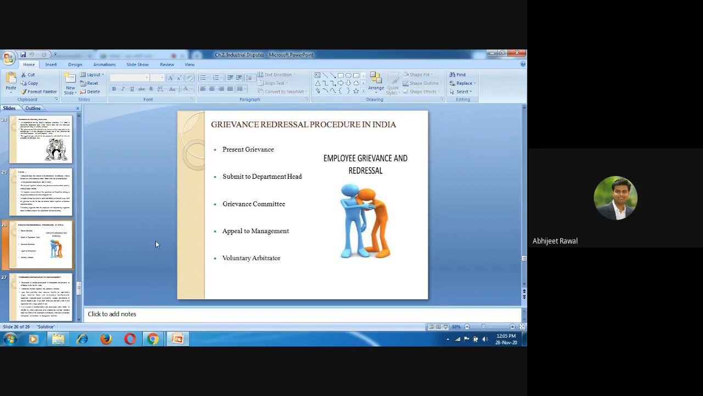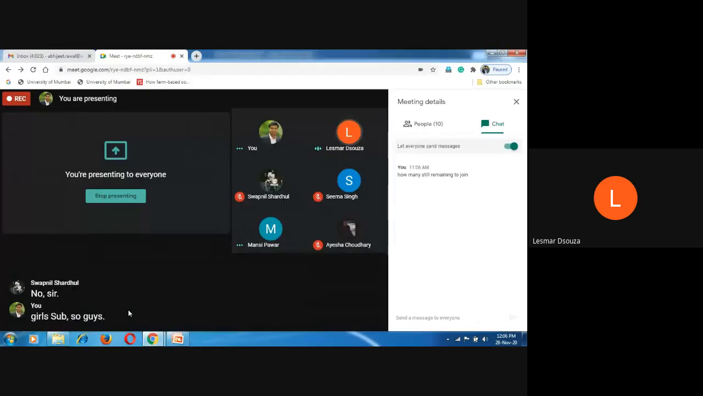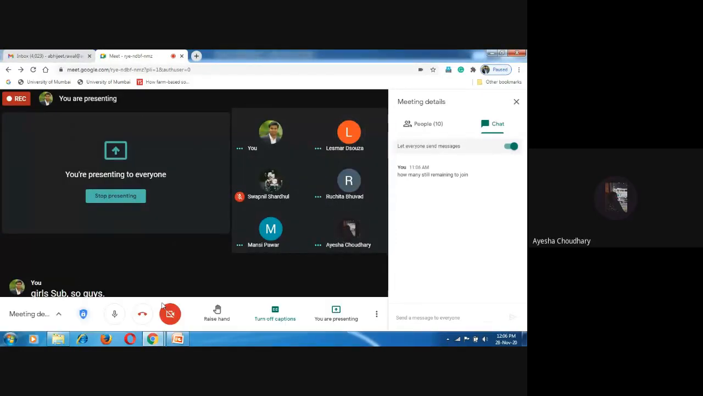Now voluntary arbitrator is a third party, a neutral party who will listen to both the persons and give the decision. Understood these 5 points? Yes, sir. Okay, any issues in this? No, sir. Girls, सब सो गए girls. No, sir. Understood. Okay,